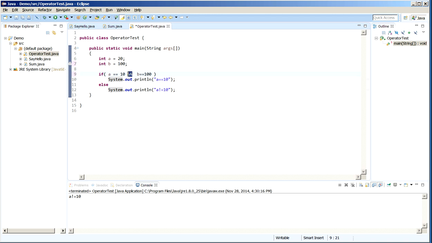What about or? Or it's just opposite of and. It's like or in English. It prints out the statement if any of these two conditions are true. It's like,